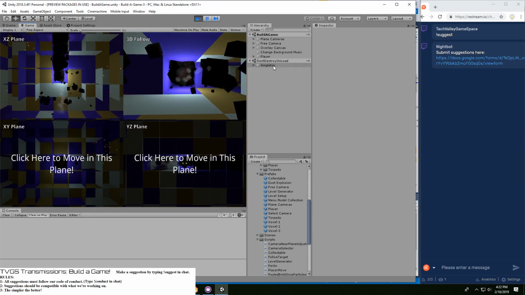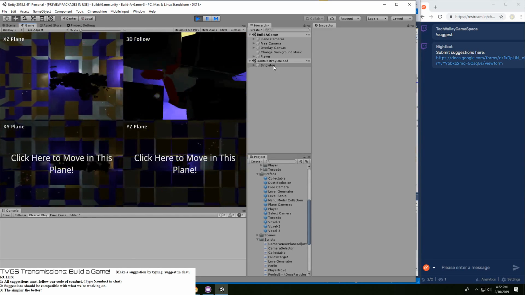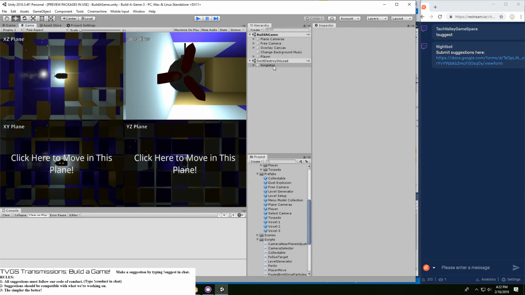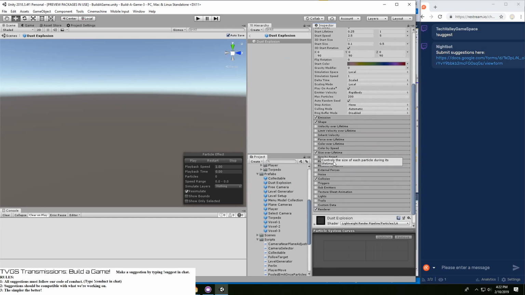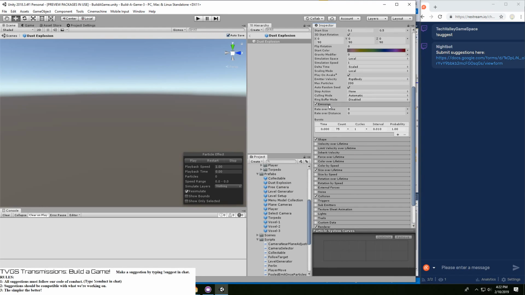Alright, that's far too many particles. So it really does not like particles. That's good to know. Far too many particles in there. Let's get rid of those. Emission.